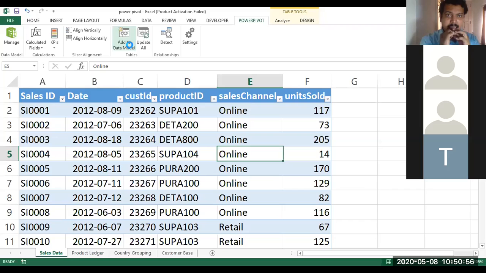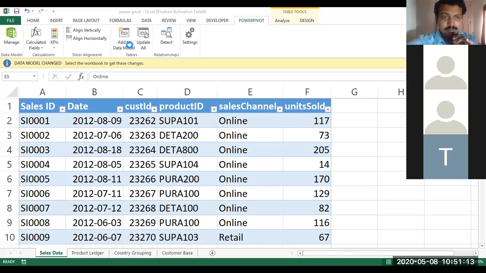The moment you click on add to data model, you would observe a new window which opens. It's a new environment. This is the Power Pivot environment, and what you would see is that particular sheet, the F underscore sales, gets added to this Power Pivot platform. Look at the status bar down below, it says F underscore sales. There's a chain icon available over there. The chain signifies that it is a related table. It is going to be a related table.